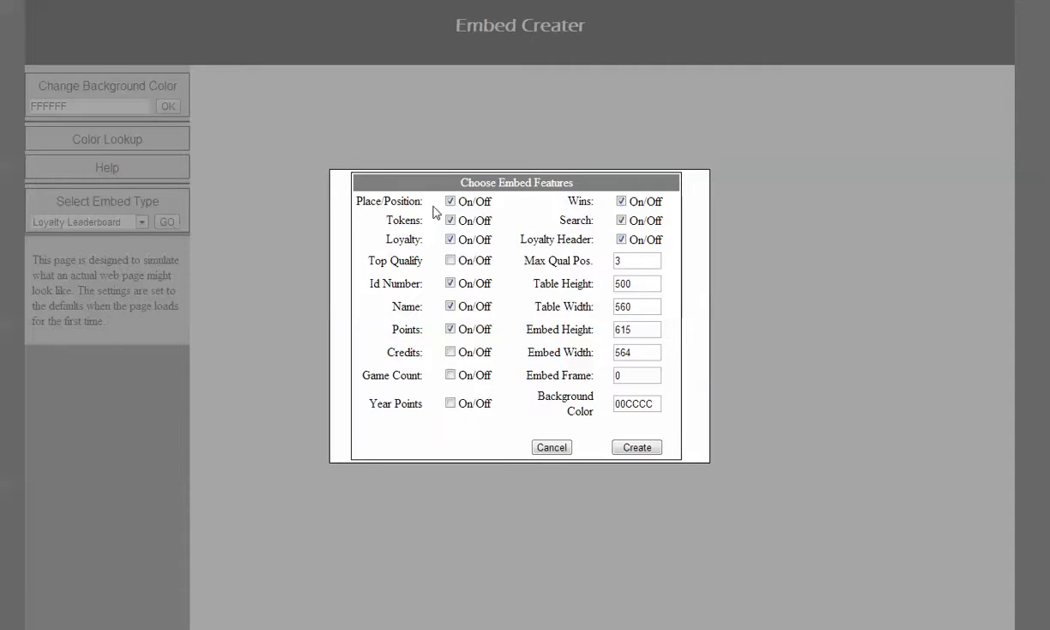We will turn off the loyalty tokens, and then we'll leave the regular tokens. Turn off wins, turn off the search for player and the header for the loyalty header. And we'll turn on credits, game count. That should do. Let's make sure that all fits. So we'll make this like